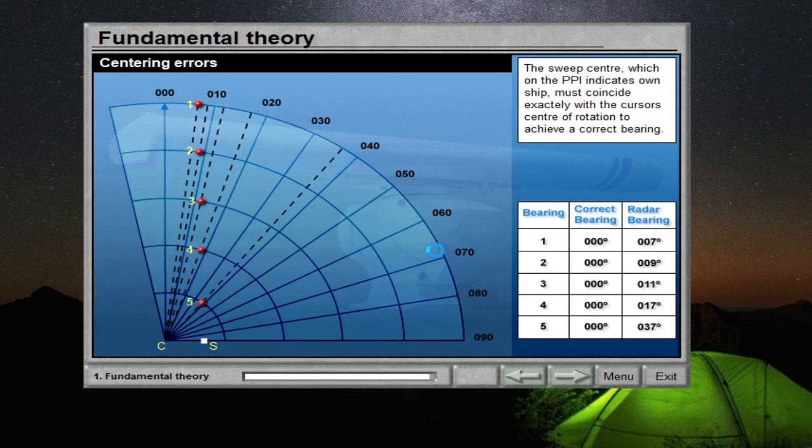On this illustration, position C is the cursor centre, and position S is the sweep centre. The figure shows the bearing errors obtained for a vessel approaching on a steady head-on course. The bearings, changing